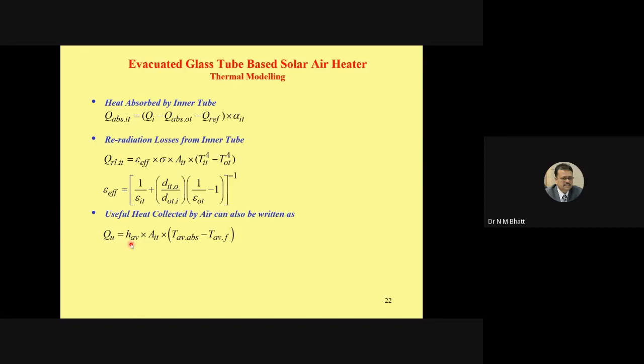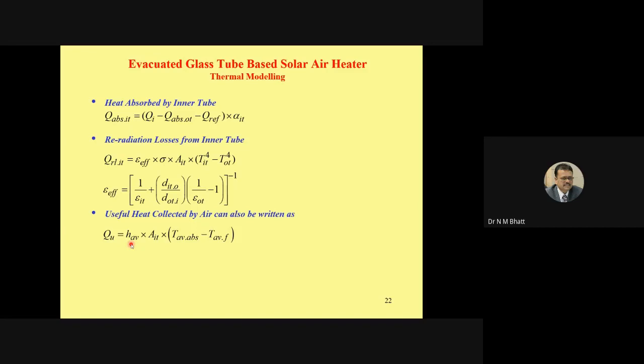Some correlation says that you evaluate at the average flow temperature, some correlation says that you evaluate at the average of average fluid and surface temperature, that is absorber temperature. So many intricacies are there. I have highlighted a few of the associated cases,